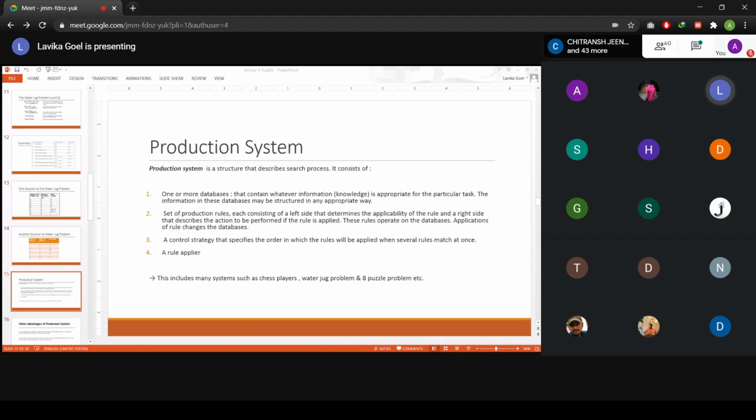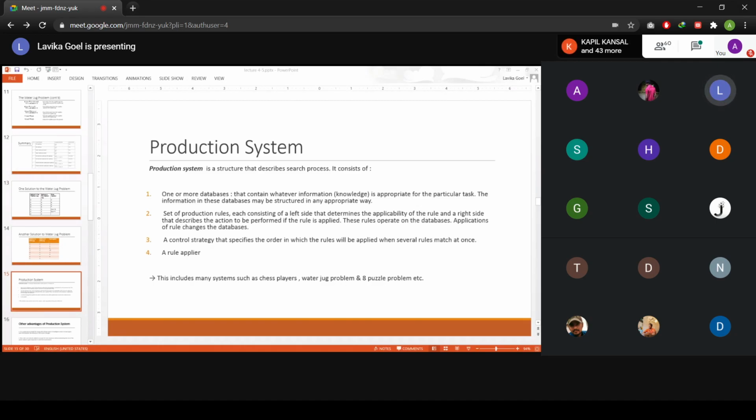These will define that there will be a left hand side of the rule and a right hand side of the rule. The left hand side will tell when you should apply that rule and what the initial state will be when you apply it. And after you apply that rule, what will be the next state? That will be the right hand side. The right hand side will always tell you the post condition, or you can say the result, that means the next state. And the left hand side will tell you the previous state and the precondition for applying that rule.